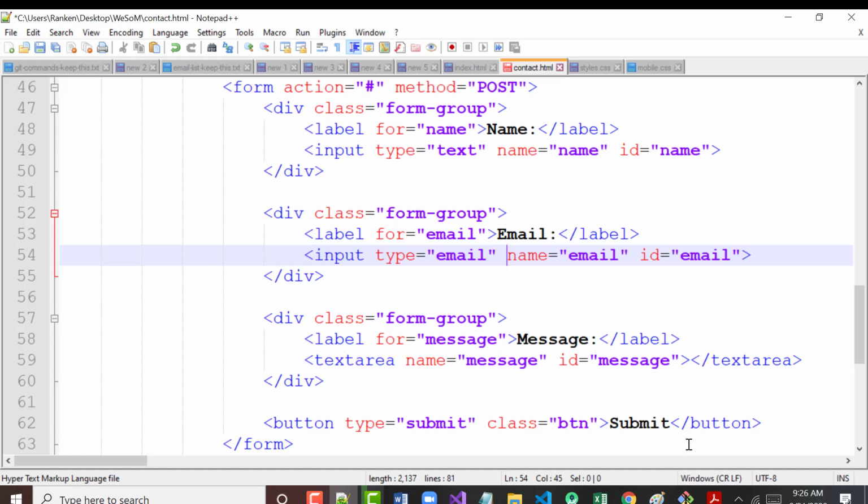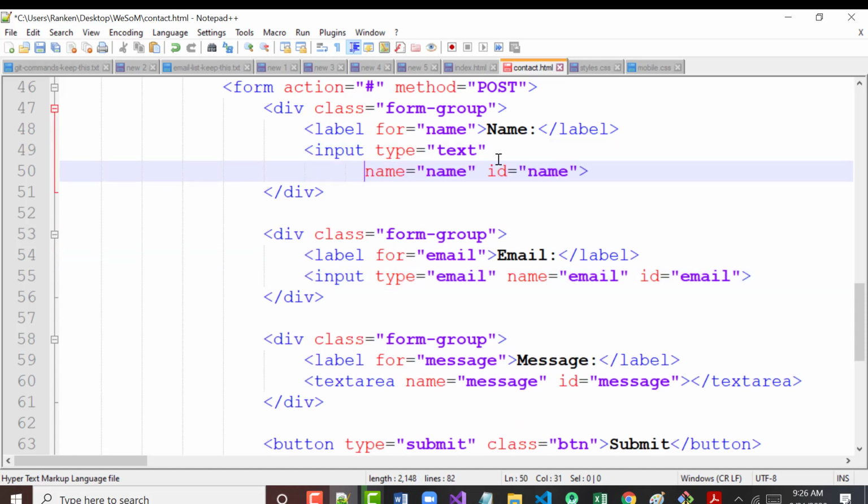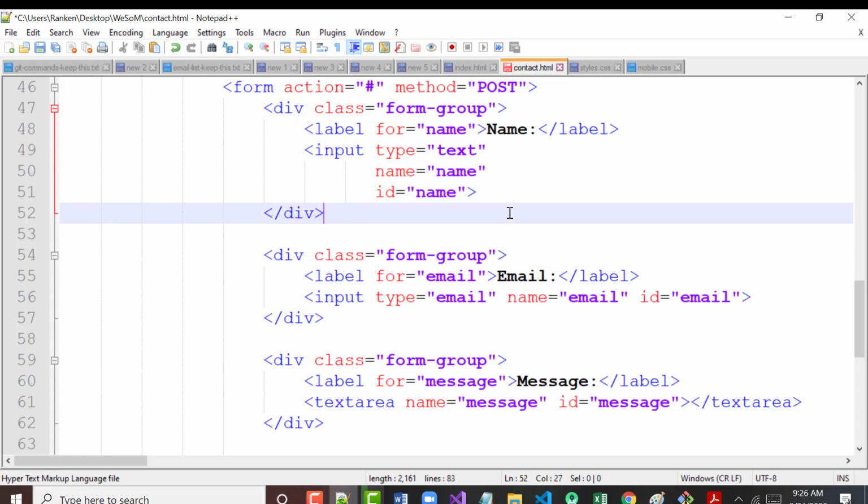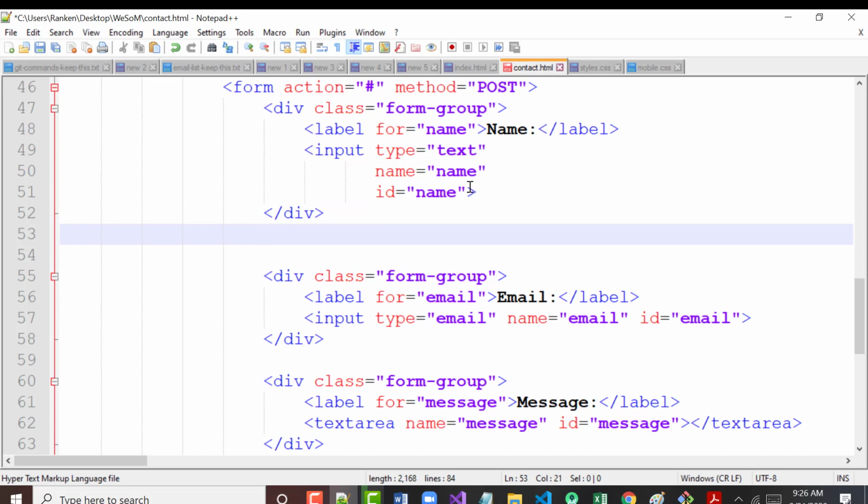So, we've got 3 labels and 2 text boxes, one that's called name, one that's called email, one that's formatted to hold text, one that's formatted to hold an email address. I'm going to show you a couple other things here. You don't have to do this, but you can. All right? I'm going to put these each on their own line. Doesn't make this run any better, just so you can see what I'm adding here. That's the only reason. If you wanted to, we could have put right here,